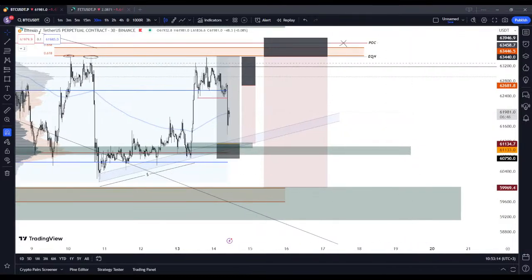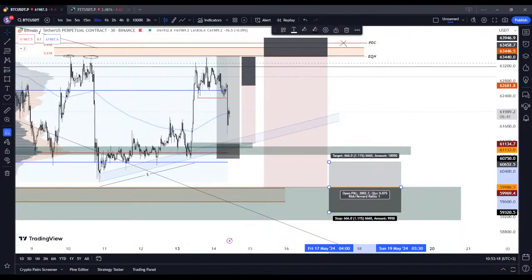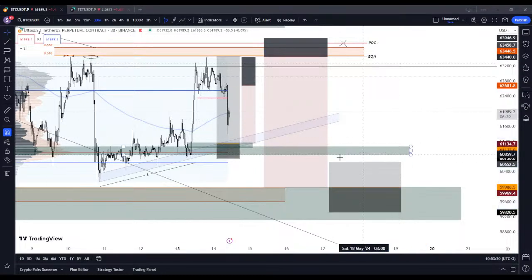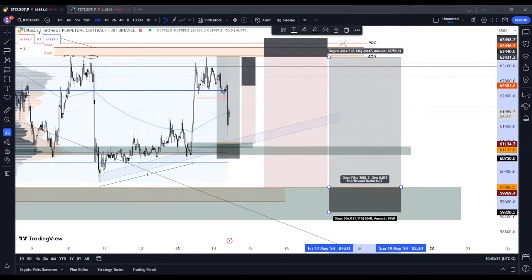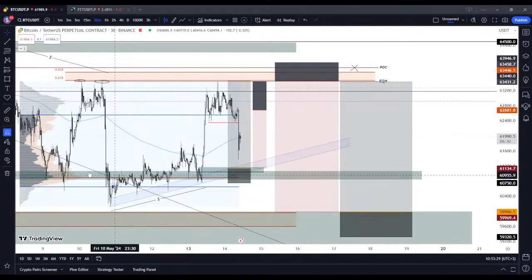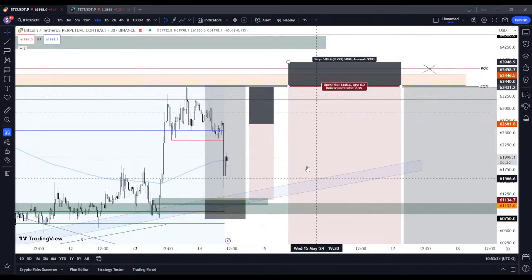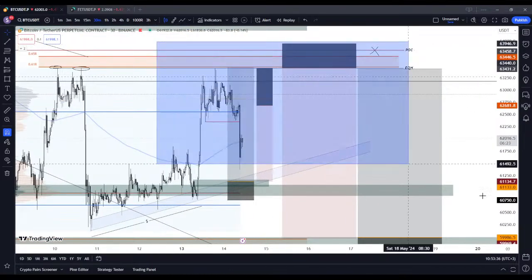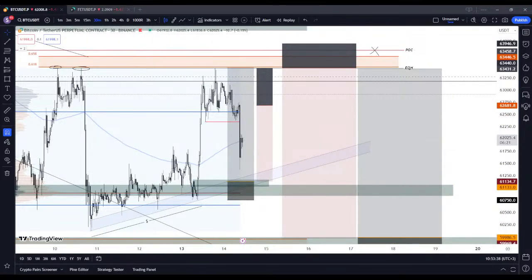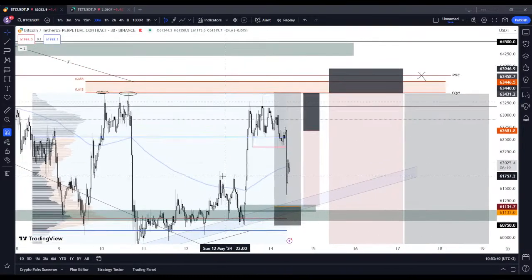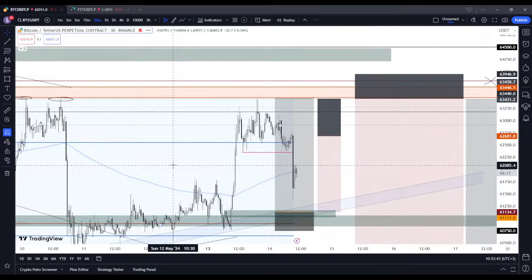And here we can switch to the long side. Something like this. So it's pretty easy, guys. If you manage to create context and understand how the market is moving, it will be pretty easy for you to make profits in these markets. But it's about setups. It's not about bias. I don't care about bulls. I don't care about bears. We don't care about stuff like that.